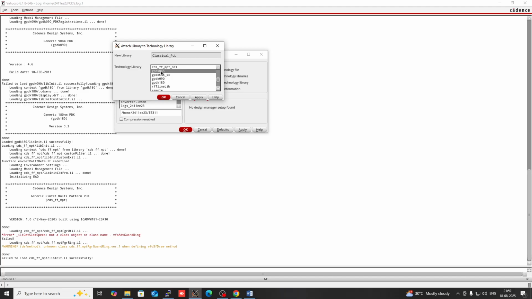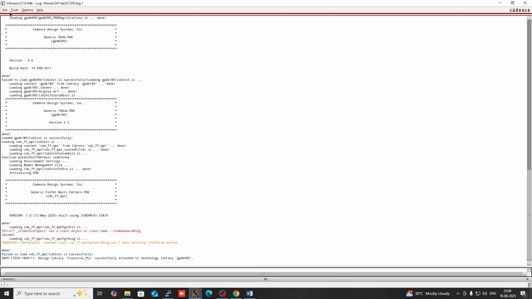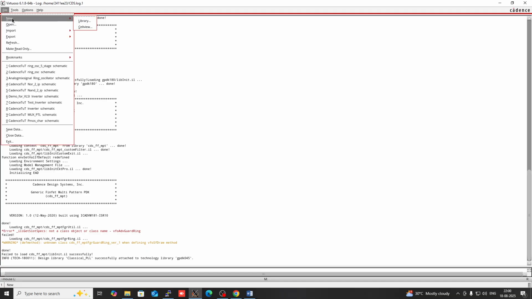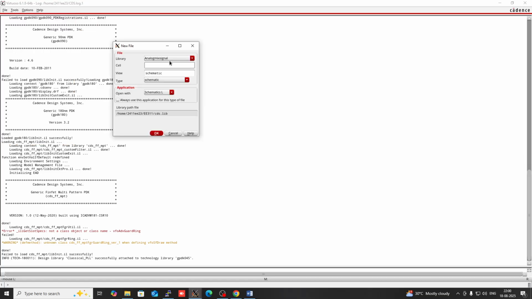So I am going to select GPTK 45, then OK. Now in file I am going to create a cell view in that library, that is classical PLL, and the name of the cell view will be PFD. Okay,